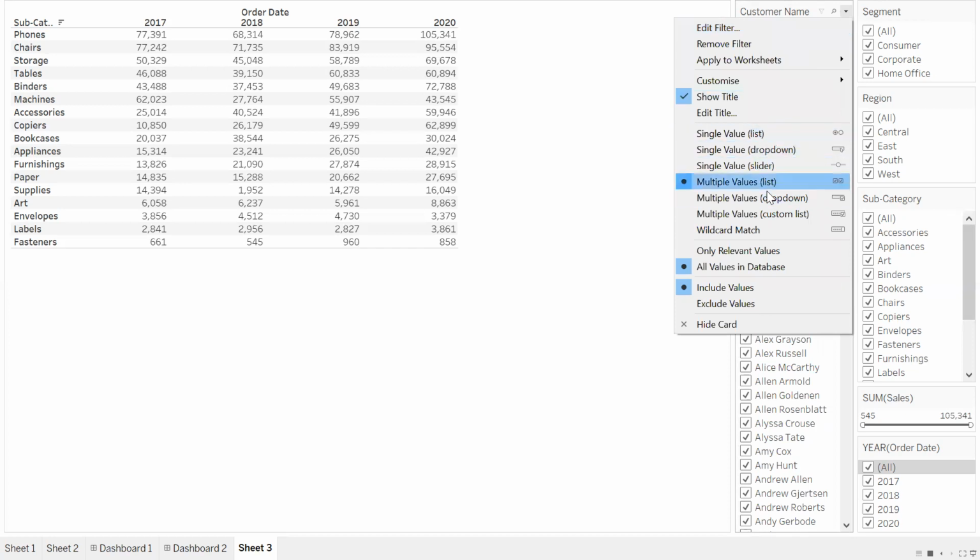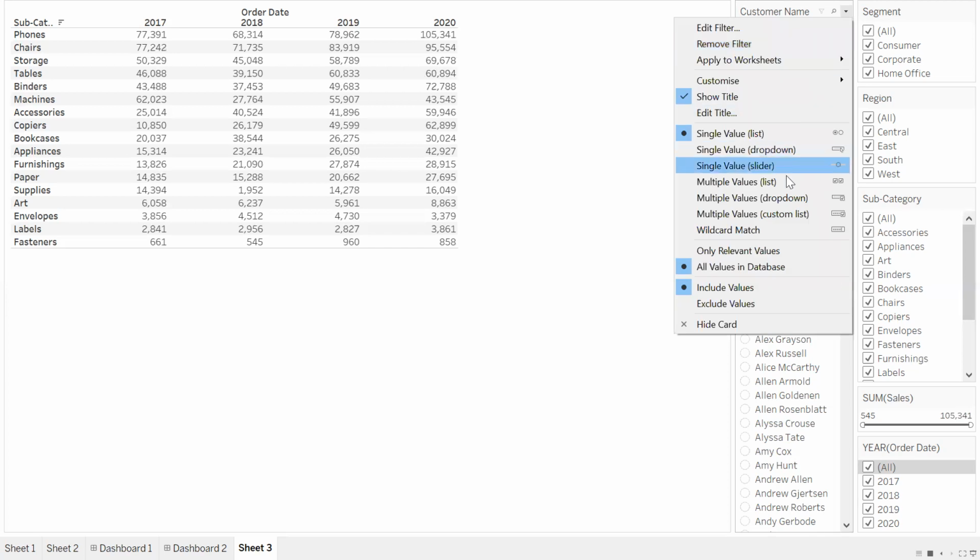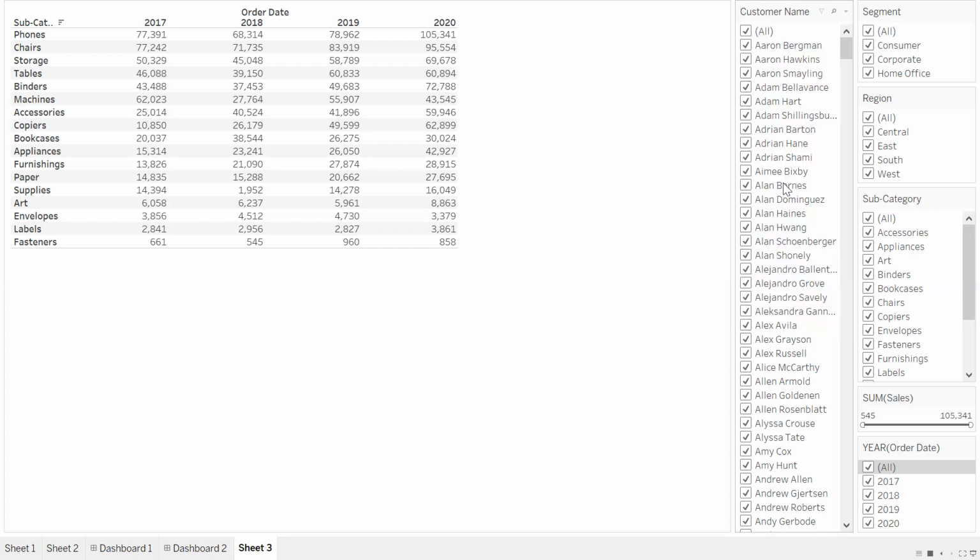Don't go for list of values. Rarely we are going to use list, if you don't have more number of filters. If it is a single selection, you can use a single value list. If it is a multi selection, you can use multiple values list. But what I mean to say is, don't go for list of values, because it will waste more space.